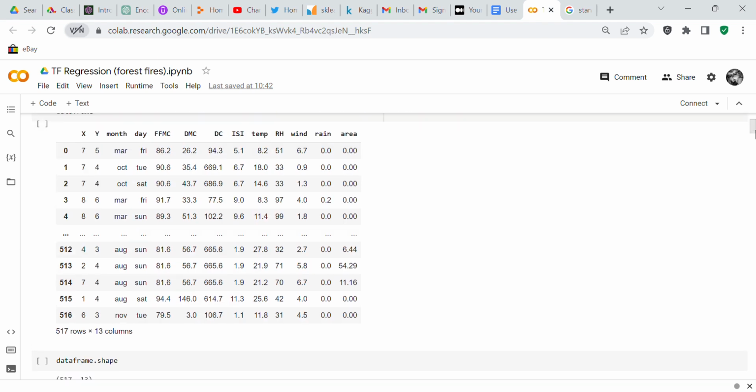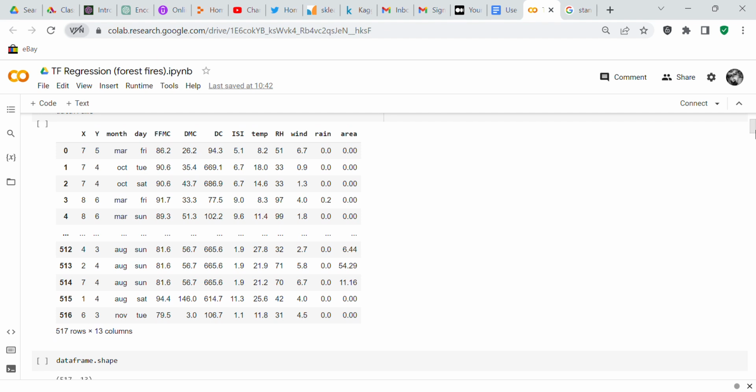So this is your data frame with X, Y coordinates, month, day, FFMC, DMC, DC, ISI, temperature, RH, wind, rain, and area. I'm assuming that area is the label or the target, and it talks about the area that the forest fire